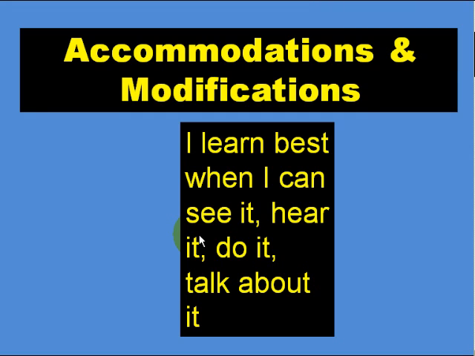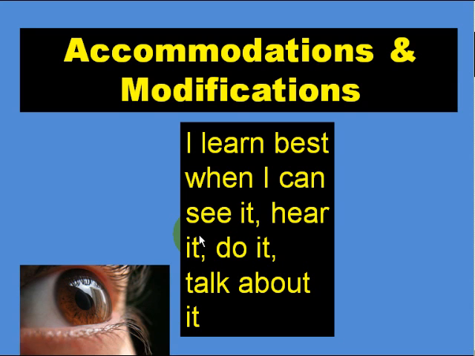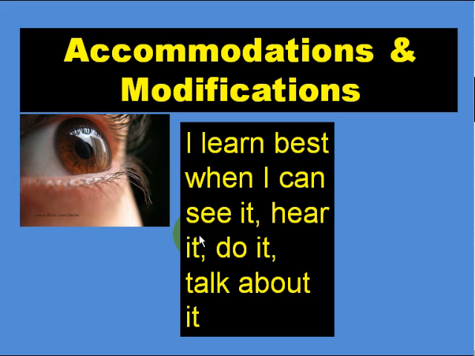So when we think about accommodations and modifications, we think about, number one, am I a visual learner? Some people do much better when they can see a picture, see a concept, see it in picture form. And if that's the case, in your IEP, there needs to be some sort of mention of the use of either pictures or the use of visuals or the use of graphics,